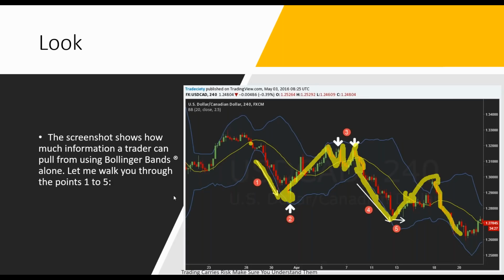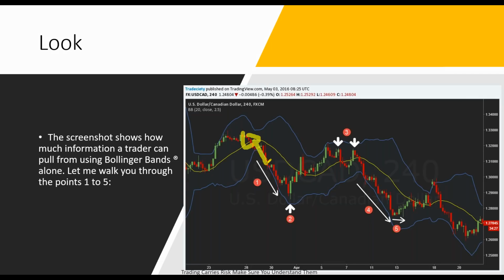So we have 1, 2, and 3. So let me get marks and let's follow this through again. 1, price broke below the moving average and then moved down and rode the band down. Okay. A very bearish signal. Then it bounced off the band, came back up, tried to push back down to the band, and was unable to at 2. We got a bullish engulfing pattern here, with the candlesticks, bounced up, came above the moving average,